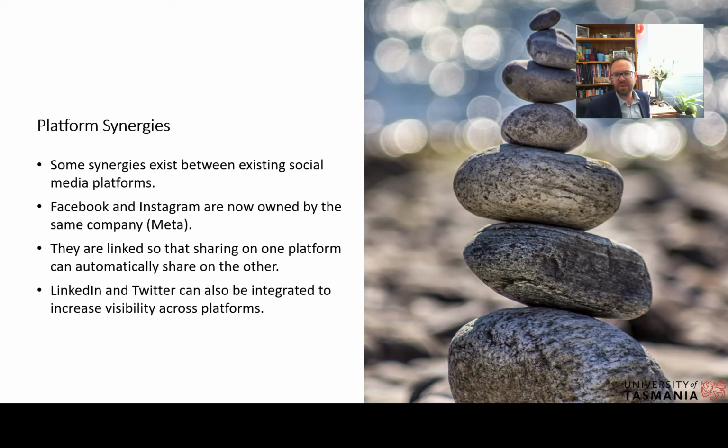Right, so we do have some platform synergies that exist between social media platforms. You probably know that Facebook and Instagram are owned by the same company now, which is Meta. And that's why when you post on Facebook, it goes on Instagram, and when you post on Instagram, it goes on Facebook. They're linked so that sharing on one happens on the other. LinkedIn and Twitter also do this.